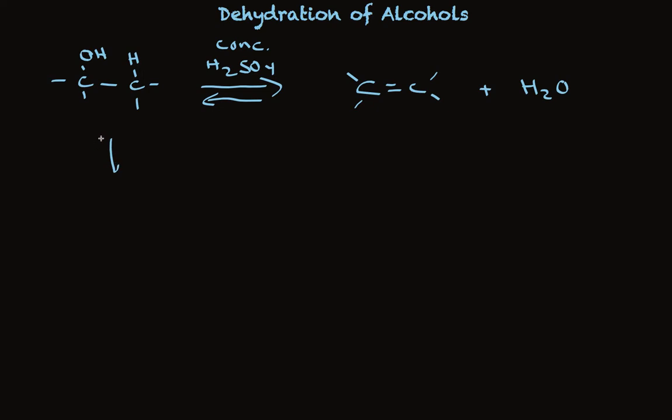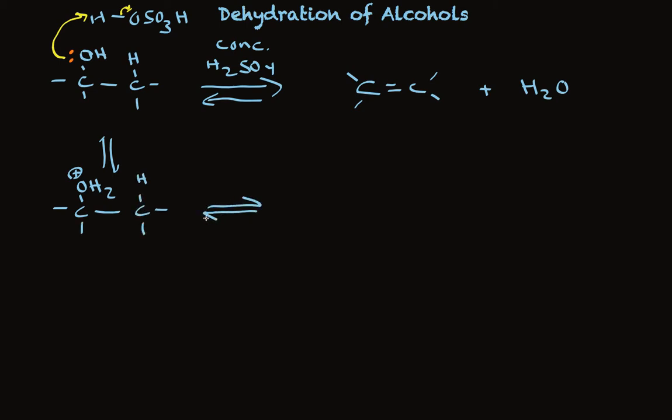The reaction mechanism involves initial protonation by sulfuric acid, where we picture a pair of electrons from the alcohol oxygen accepting a proton from sulfuric acid, and this pair of electrons stays with the oxygen. So the first step of this reaction turns the hydroxyl group, a lousy leaving group, into water, a very good leaving group. And then in a second step, also reversible,